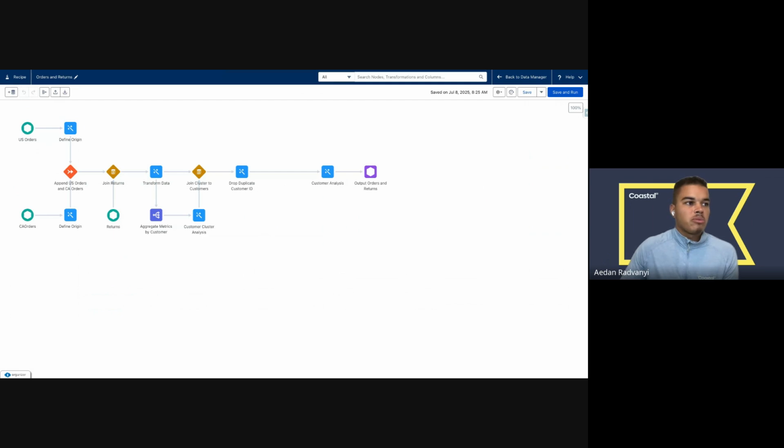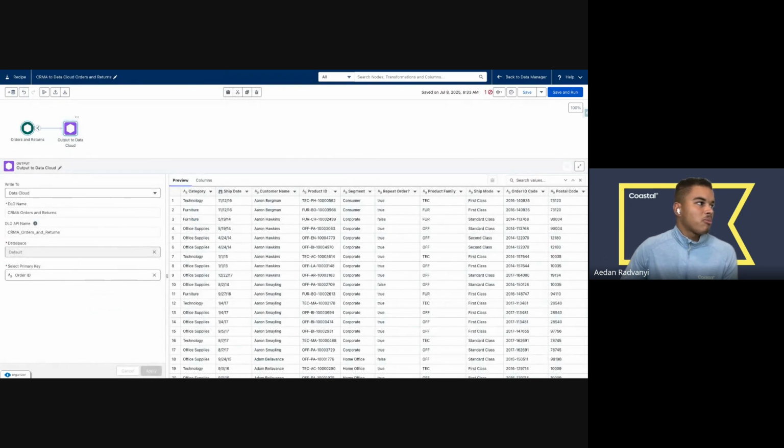Now, historically, we would build out a dashboard or lenses from that data set, and we'd be able to interact with that in CRM Analytics as we know. With Tableau Next, what I want to show is the ability to take that data set and move it towards Data Cloud and show how that unlocks further insight. So the next step to this would be outputting our data set to Data Cloud.